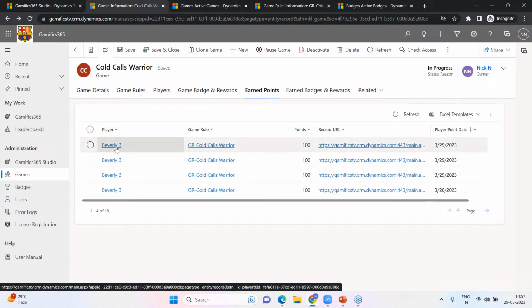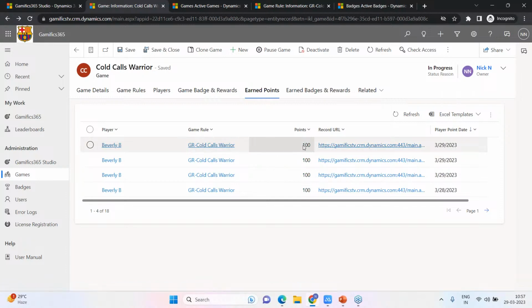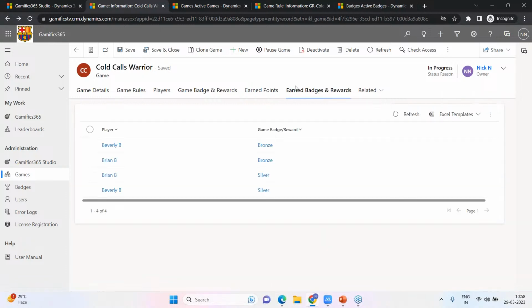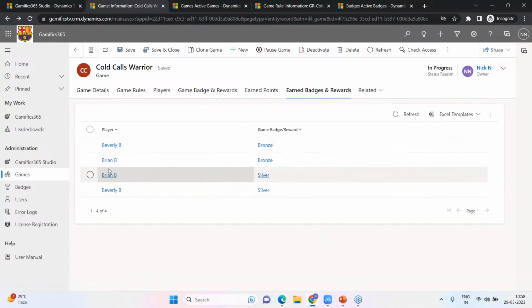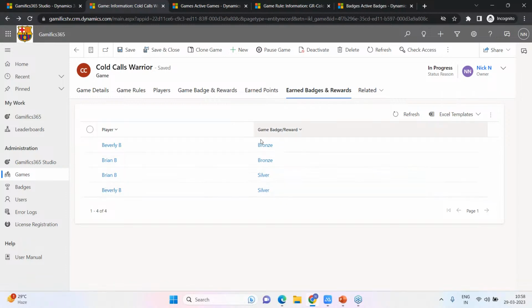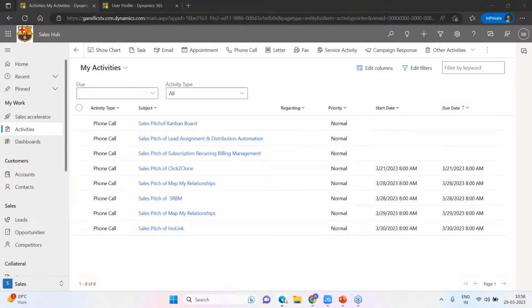So here you may notice Beverly has got 100 points because she created this record URL. And finally, as you can see, the earned badges, we can notice that Beverly has earned bronze, Brian has earned bronze, and both of them have now also earned the silver badge. Now, to make it more interesting, let me go back to Beverly's login, and let me try to log into her